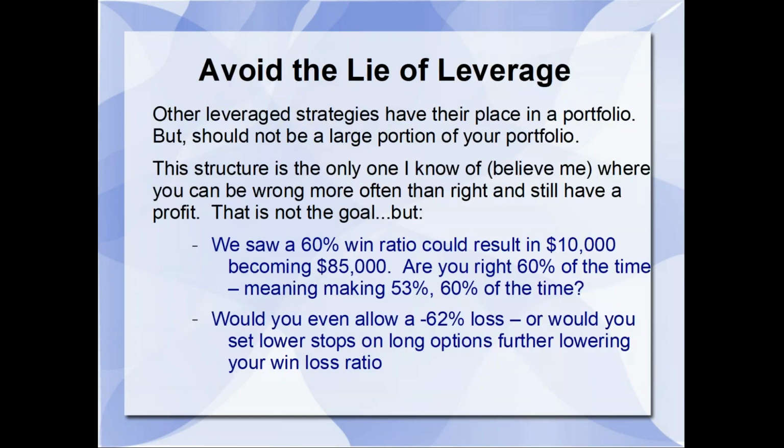Of course, if we were right more often than wrong and had a 60% win ratio, we'd have a much higher target of success and still probably only see a 5 or 6% maximum drawdown on the total portfolio. Now, other leverage strategies have their place in a portfolio, but it should not represent the larger portion of your portfolio. Over the past almost 19, 18 years I've been here at Power Options, I've heard all the stories of